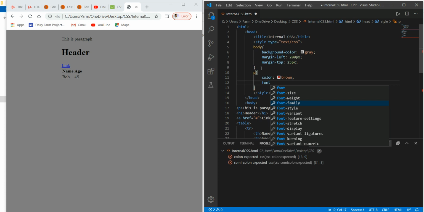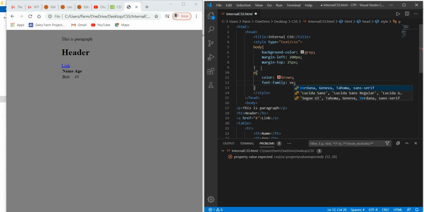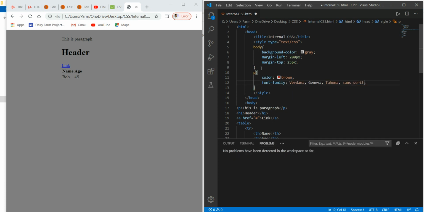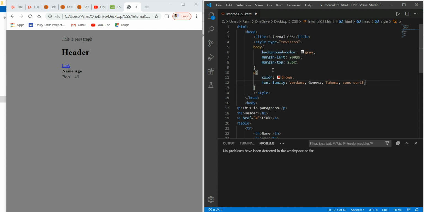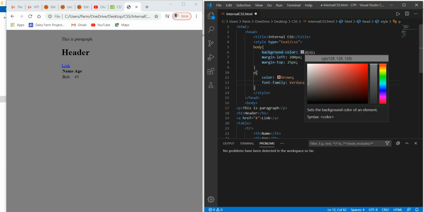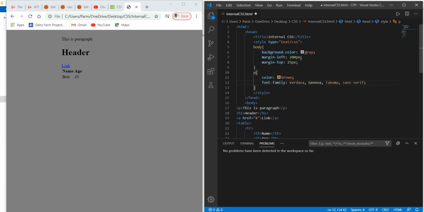To set which font I want to use, I have to use the font-family property, and here I select the font, say Verdana. So you can understand that body here is the selector, and I have defined three properties for the body selector: background-color, margin-left and margin-top, with gray, 200 px and 25 px as the values.